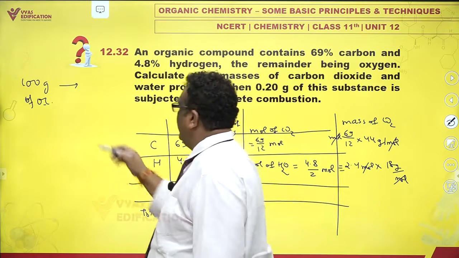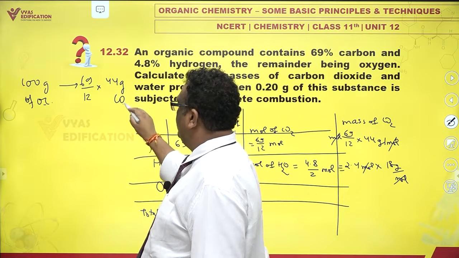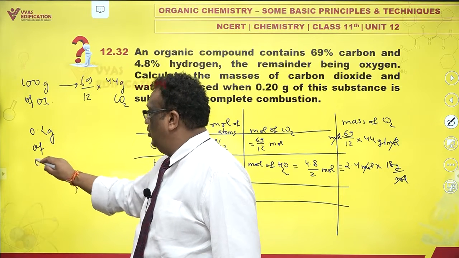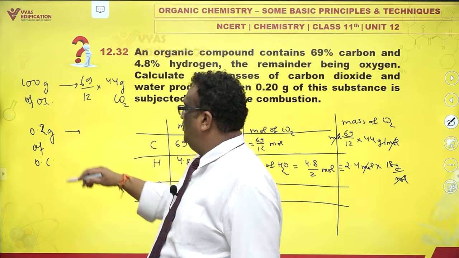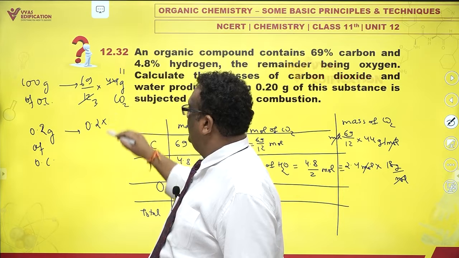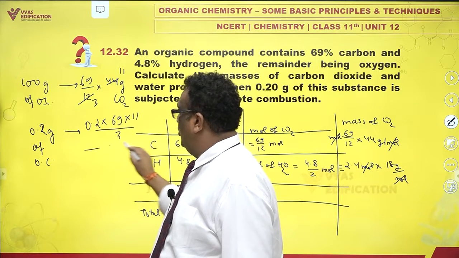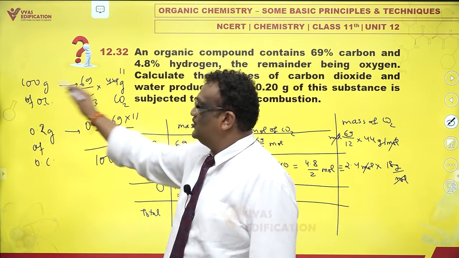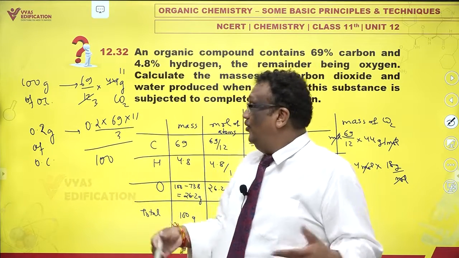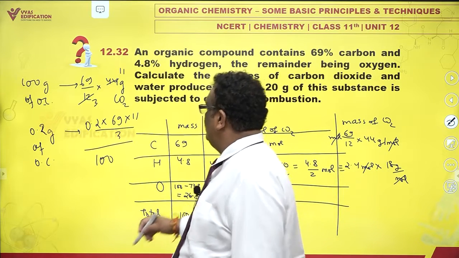This gives 69 by 12 into 44 grams of CO2. So 0.2 grams of organic compound will give how much? 0.2 into, this is 3, this is 11, 69 into 11 upon 3, the whole thing divided by 100. This into this by this. So how many grams of what? Of CO2. So mass of CO2 would be,